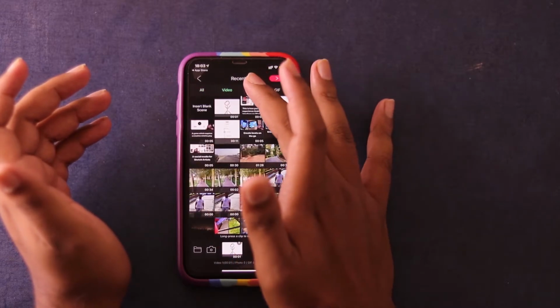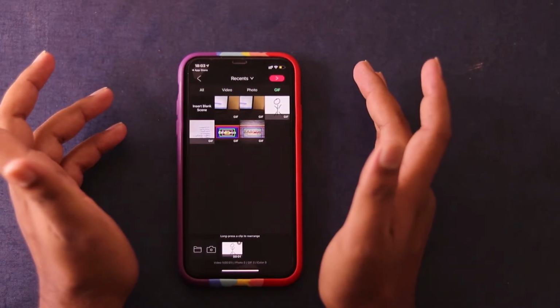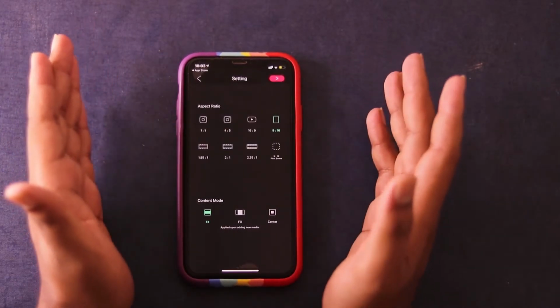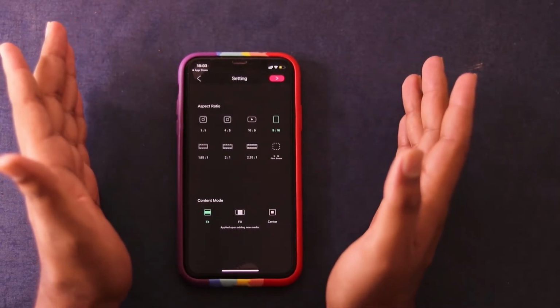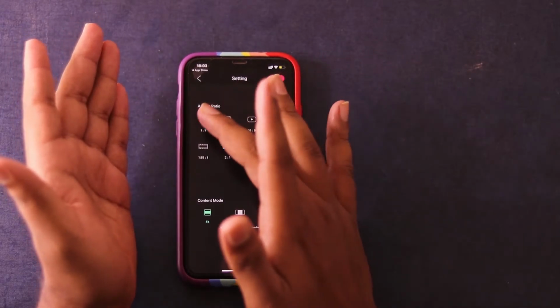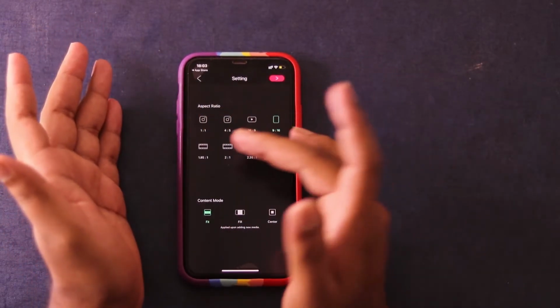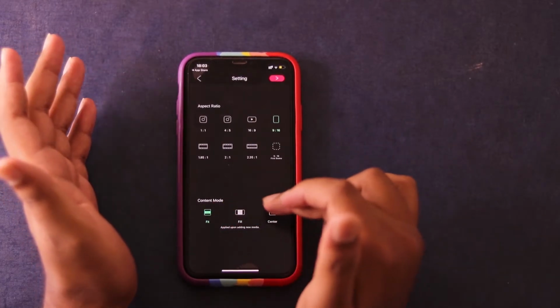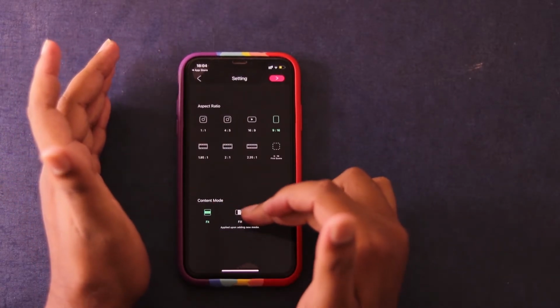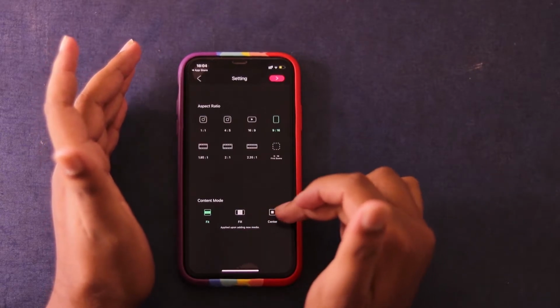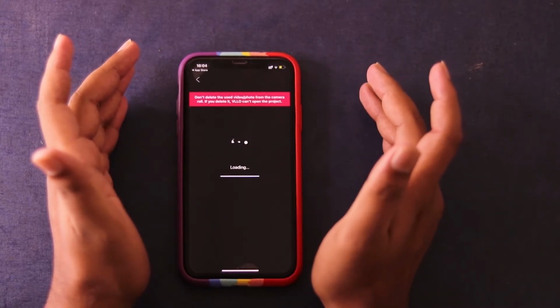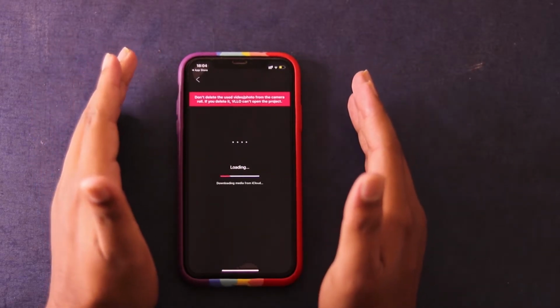You can select videos, you can select photos, you can select a GIF if you have any, and then go to next. Then you can select the aspect ratio, what mode you want, like if you want it for an Instagram post or for Instagram reels, and there are various aspect ratios given. You can select the content mode as well, like it should be in the center, it should be vertical, completely in the center. So let's select 9:16 and go ahead. The project has been prepared.